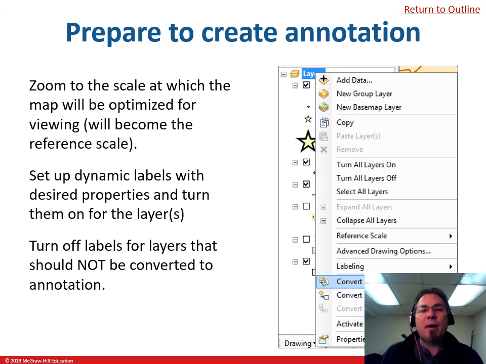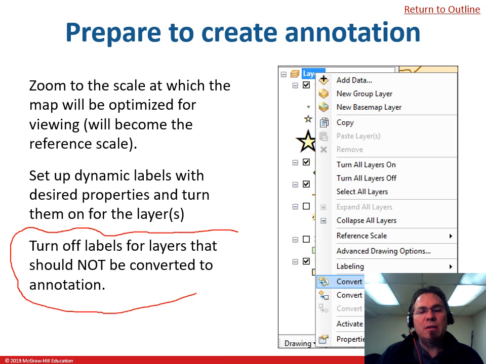So how do you prepare annotation? Well, it's not that big of a deal. You zoom to the scale, you turn on the labels first of all. So you set up and turn on the labels, and the big thing with annotation is you want to make sure you turn off any labels you do not want converted, because when you go to convert it to annotation, it converts any labels that are on. So therefore, you want to just turn on the ones you need, let's say cities or counties or whatever,